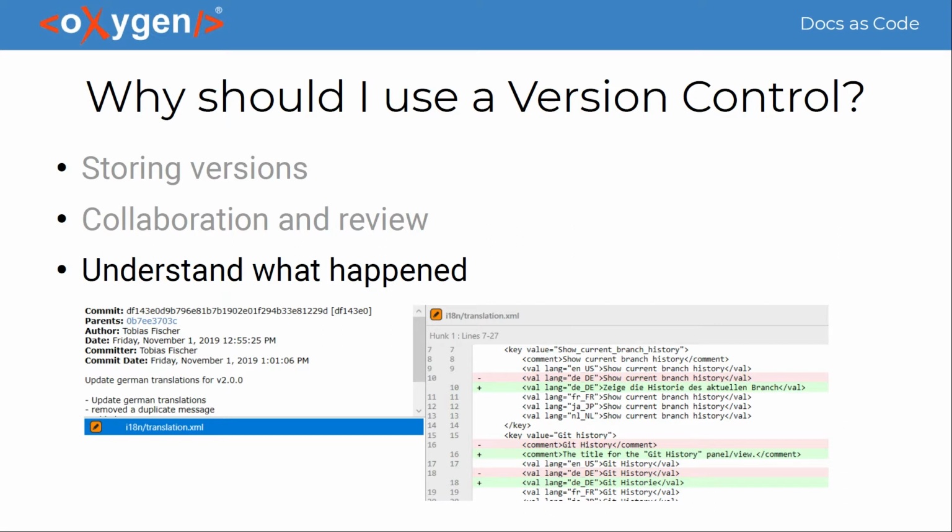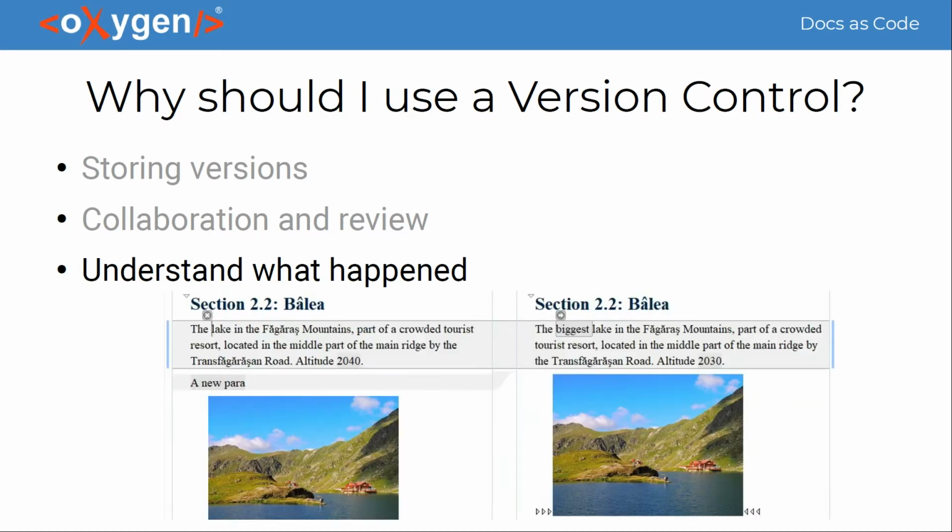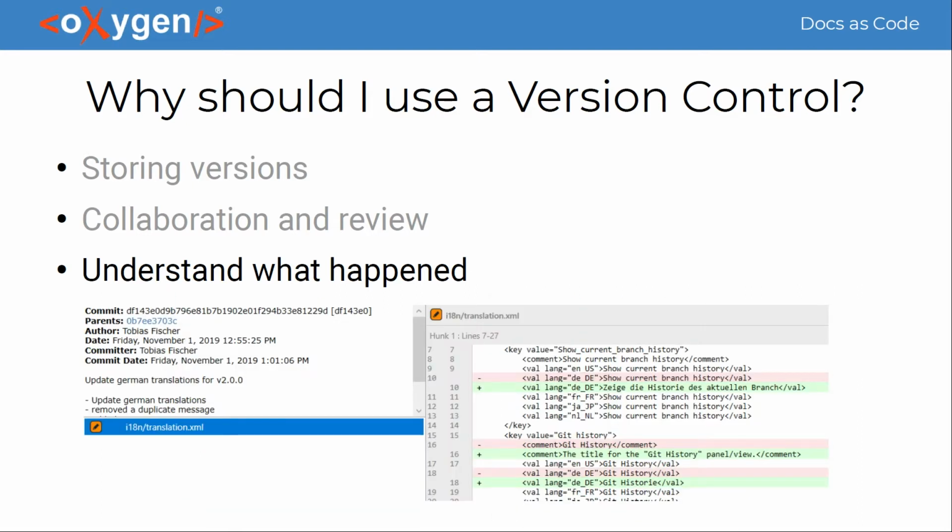This is a diff that is oriented on lines, but these differences can also be displayed visually. Like here, I have this word biggest that was added in a new version. And there's a difference here that this paragraph was removed, and so on. So at any point in time, you can see the changes, and you can also see which